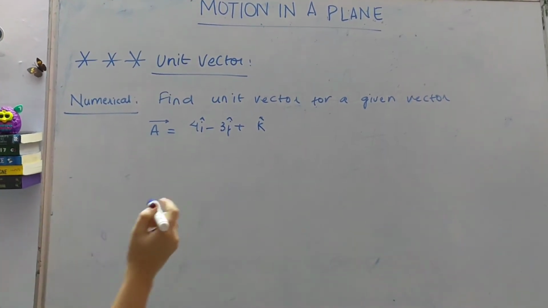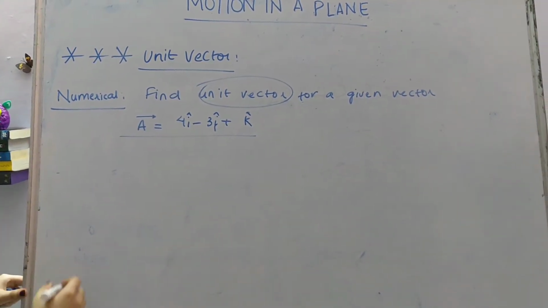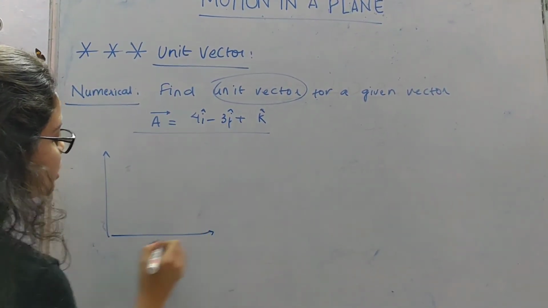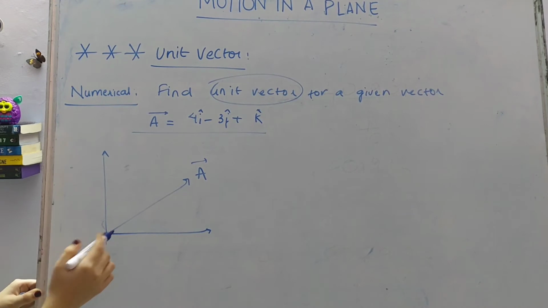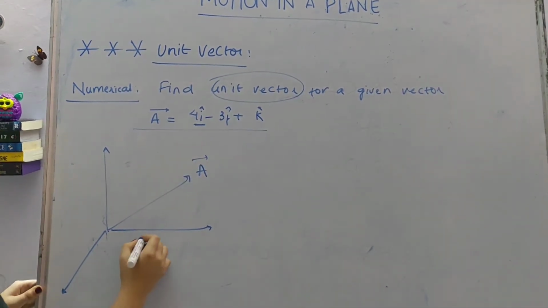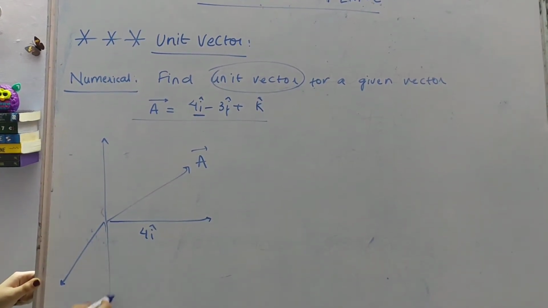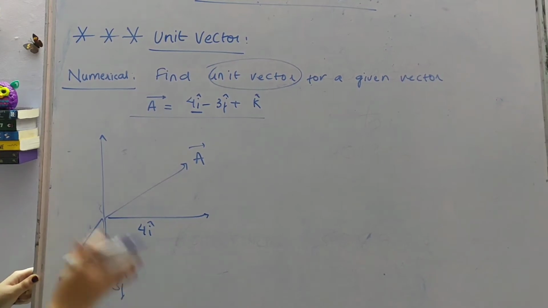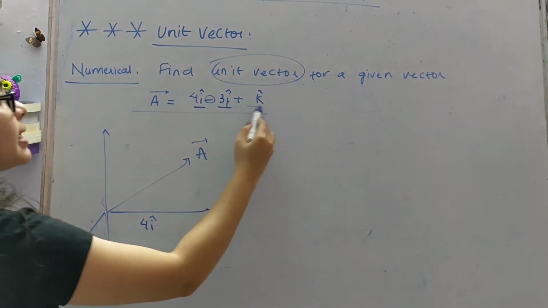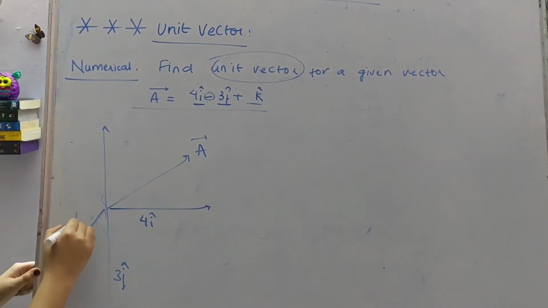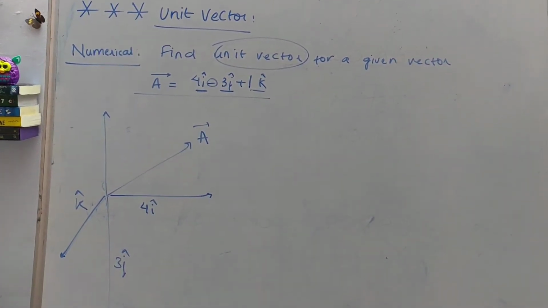So we have to find the unit vector for a given vector. So the vector has been given to us. Now see here, let me tell you how you will be able to visualize this question. So if I have a vector, something like this, the x component is i cap, I said, right? So this is 4 i cap minus 3 j cap. So it is in the downward direction, minus 3 j cap. But don't worry about the direction right now, don't worry about the sign conventions. Plus k cap, that means positive z direction. k cap means 1 is the magnitude, and k cap is the unit vector.